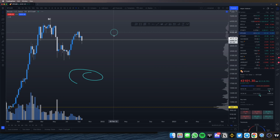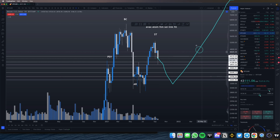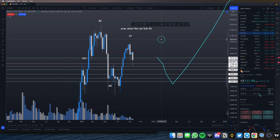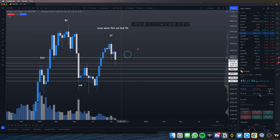And if we do get to that level, I want you to be prepared, right? Because I have given you the exact levels already. So if you do get back to these levels, I really want you to buy the dips, or rather, I am going to be buying the dips. I'm not telling you guys to do anything, but I will personally be buying the dips